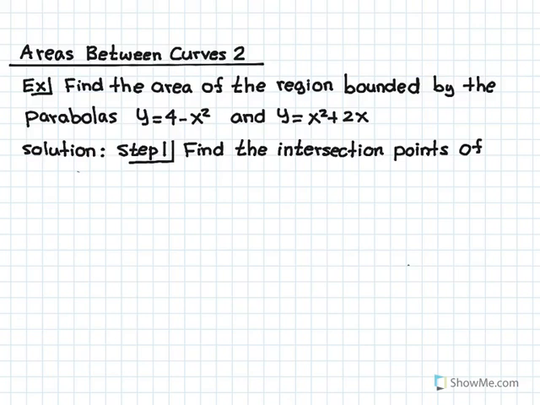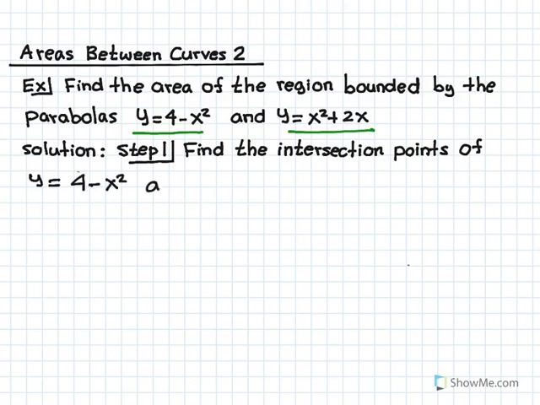In this video, we're going to look at another application of areas between curves. The question here is: find the area of the region bounded by the parabolas y is equal to 4 minus x squared and y is equal to x squared plus 2x. Step 1. Find the intersection point of y is equal to 4 minus x squared